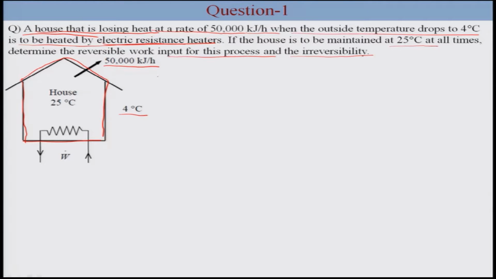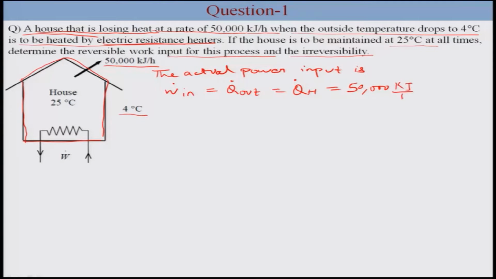So the actual power input is W in dot, which is also equal to the rate of energy which is going out, and it is equal to QH dot, and this is 50,000 kilojoule per hour,